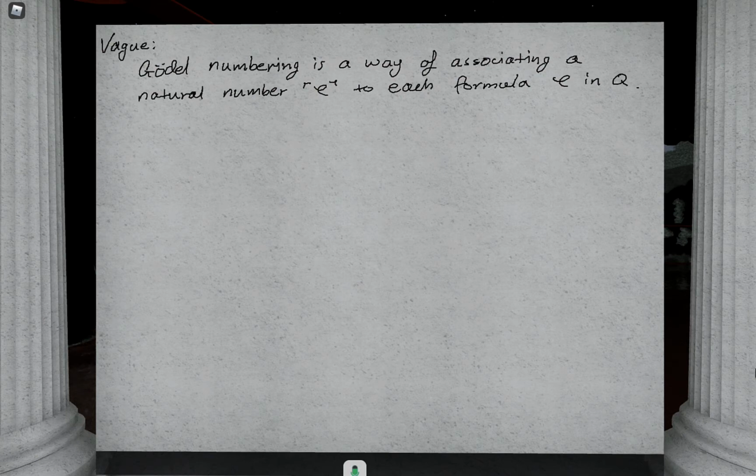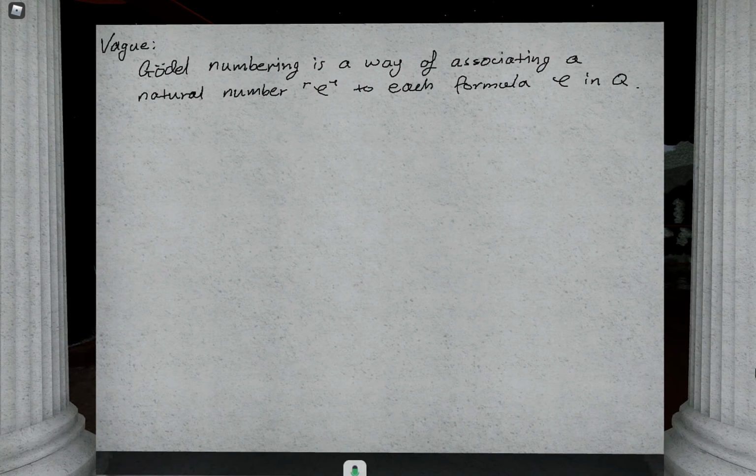We're going to come up with a way of associating to each formula inside Q a natural number. There are many different ways that you can do this, and the technicalities of the way that it's done is not important to Gödel's theorem. However, we do need it to satisfy some criterion, the most important of which is that it's injective. So if we have a natural number, and we're told that this is associated to some formula, we need to be able to extract that formula. So it's important that this mapping from phi to the caret brackets phi is injective. Okay.